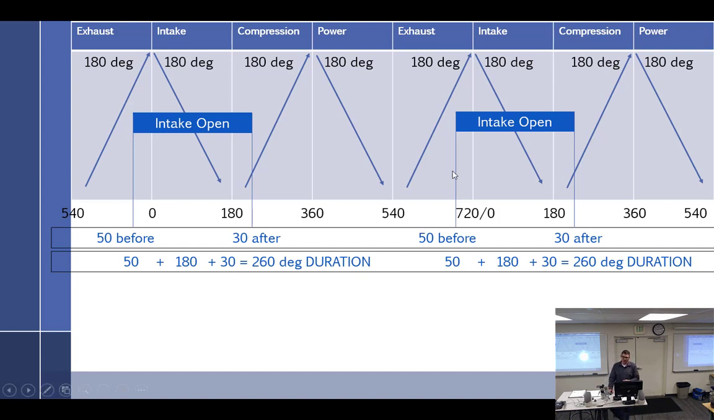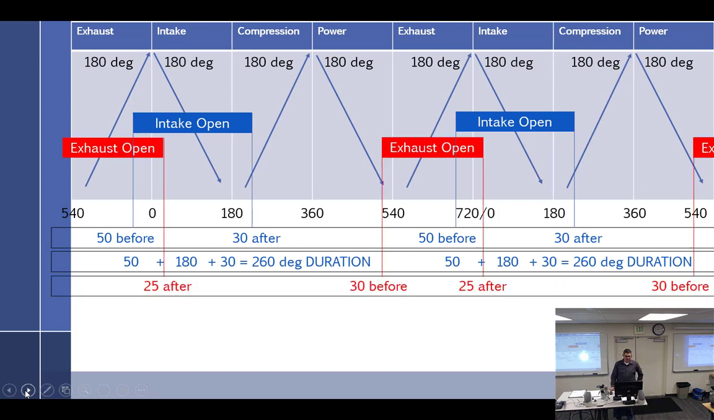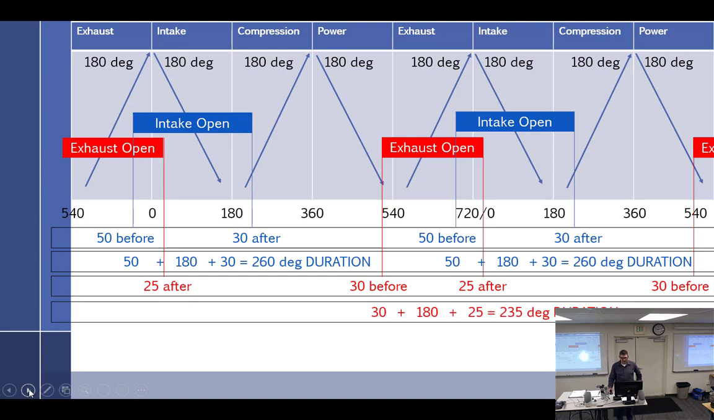Can we do it again? Sure, it's right over here. So it's open 50 degrees before. It's open the whole time, which is 180, and 30 after. Therefore, it's 260. All right, let's do the exhaust. So the exhaust is open, the entire exhaust, which is how many degrees? 180. It is 30 before and 25 after, so 30 plus 180 plus 25 is